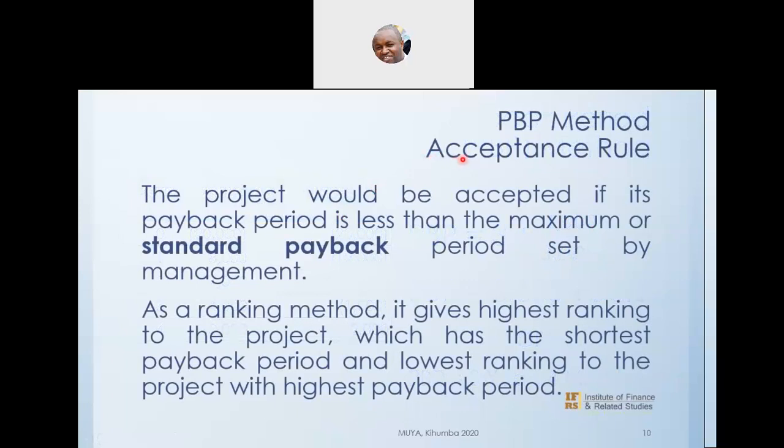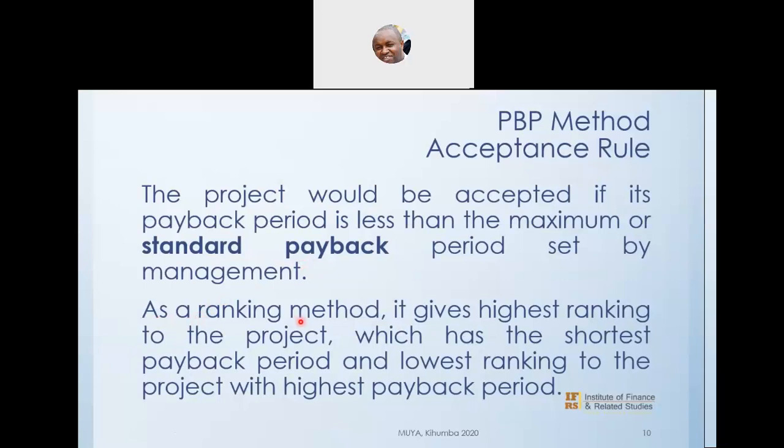What are the acceptance rules if you're using payback period? Now, we would accept projects whose payback period is less than that set by the management. If the management says the payback period is 2 years, then you only accept those projects whose payback period is less than 2 years. If we have 2 projects and we have to pick one, it would mean, therefore,